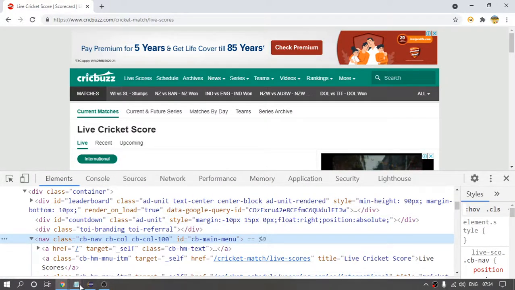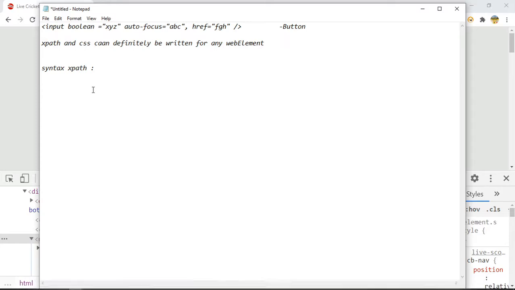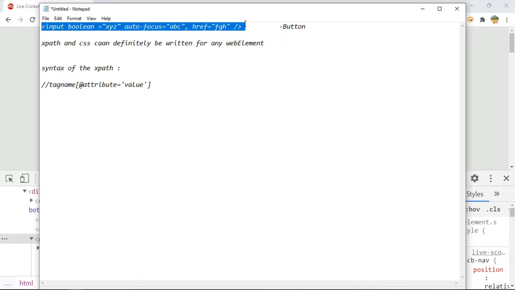So let us start with the XPath syntax. The syntax is, you have to provide two forward slashes, tag name, at the rate, attribute equals to value. So this is the syntax of the XPath. So if for this line you want to write the XPath, how can you write it?